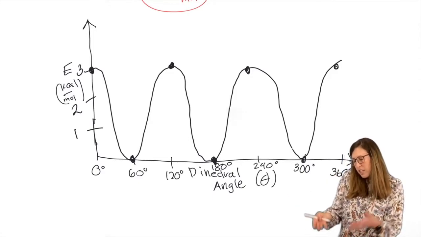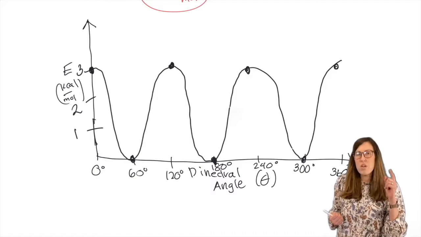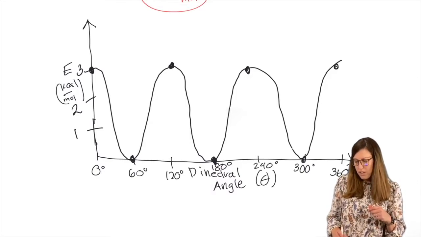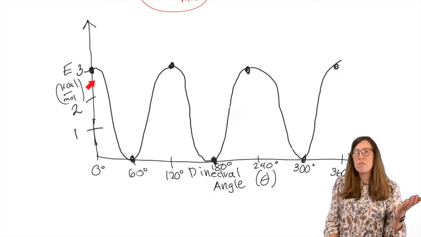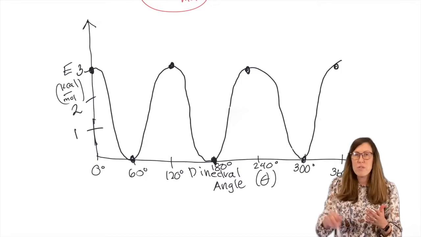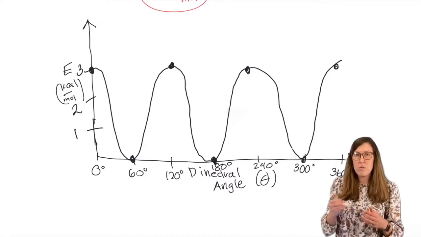By looking at that graph, I can tell a lot. What if I didn't know that was ethane? I could tell a lot about it. I could say, look, I only have two values. The minimum is always 0. The maximum is always 3. There's no global minimum different from a local minimum, right? We have the same minimum and maximum no matter how I rotate those bonds with respect to each other.